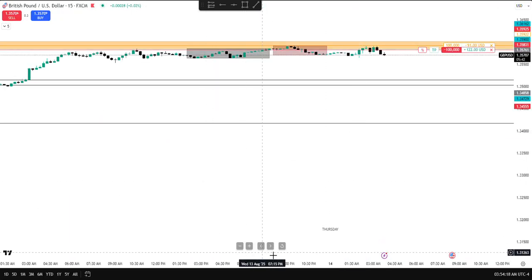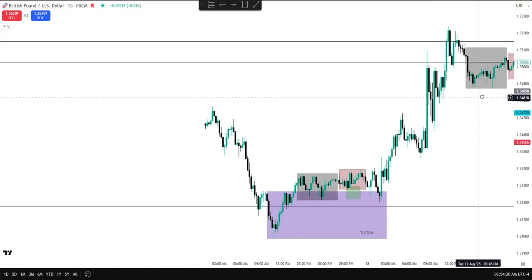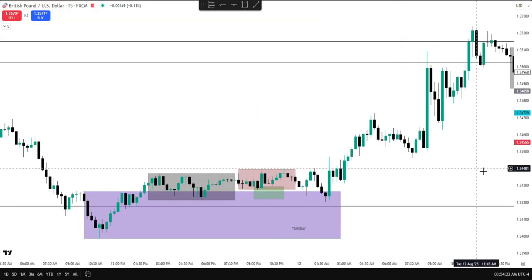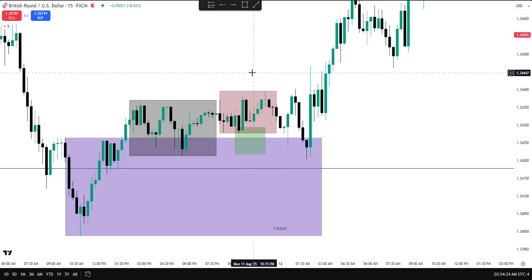So we go to the 15-minute time frame, go back to Monday's trading. We look for a standard retractionary state, which is the rollover just after midnight open, which we didn't get. So I was either looking for an optimal trade entry to an order block intraday or a very shallow sweep.